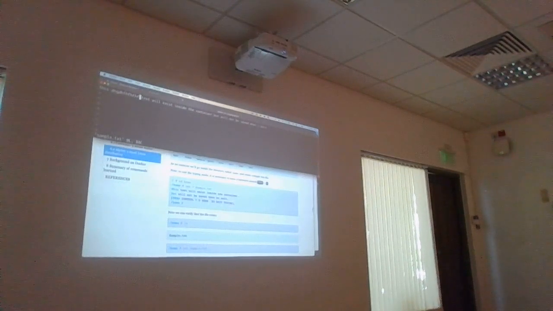The two systems, VI and Emacs, are like two huge religions. So some people swear by Emacs. That's how you get salvation. And the others will tell you, no, Vim and VI were created to give you salvation. None of them is true. In my opinion, they are tools, and it's just that certain people prefer certain ways of doing things.